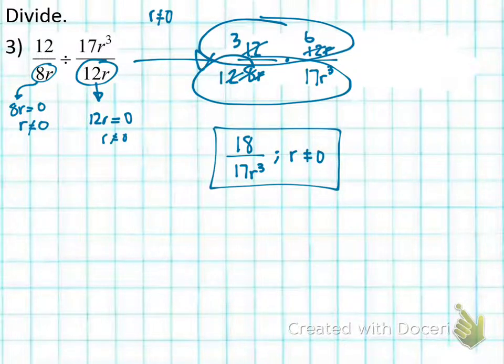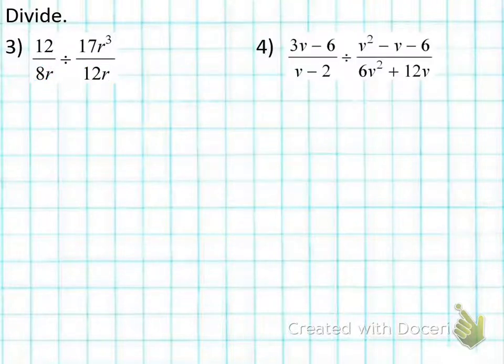Now on a test, it'll show this same thing, or it'll show 18 over 17r cubed. Semicolon. And that's going to show set notation, which is these brackets with little points on the ends. You're just going to have 0 in there. This would be an answer on the test, okay? All right, let's do number